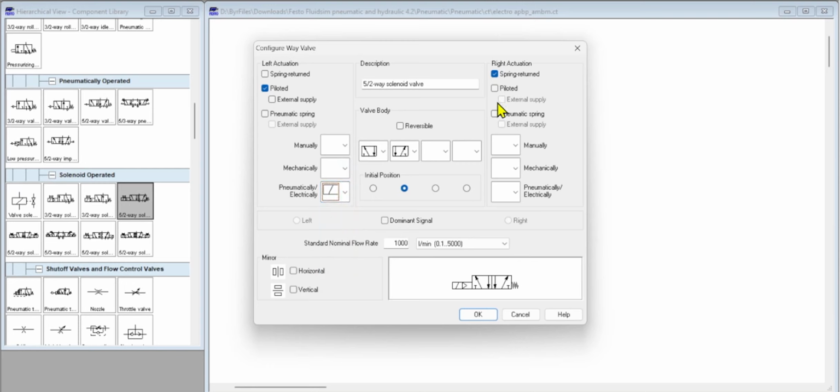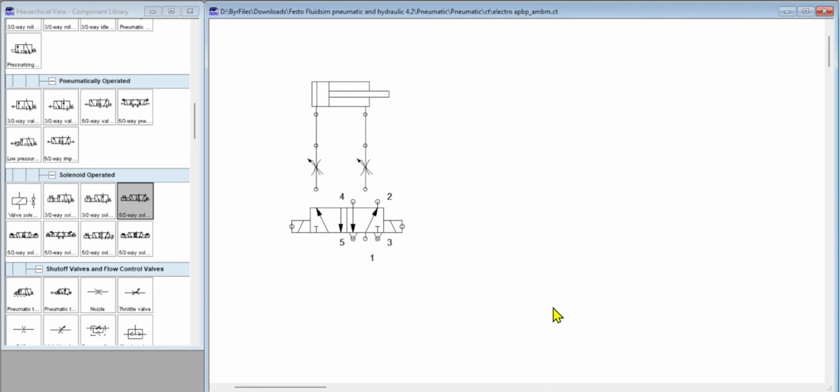So we have the solenoid valve. I will remove the spring and pilot I have here, like that. Okay, so that is my solenoid valve, both sides, and then I will connect this to our output, that one,